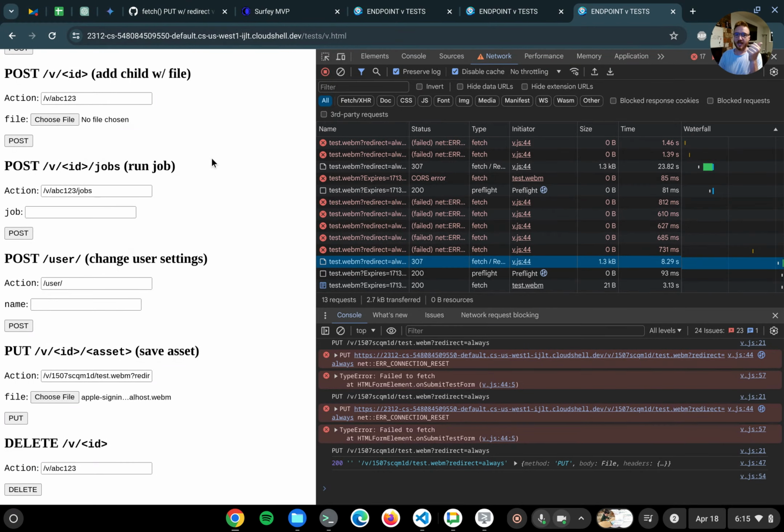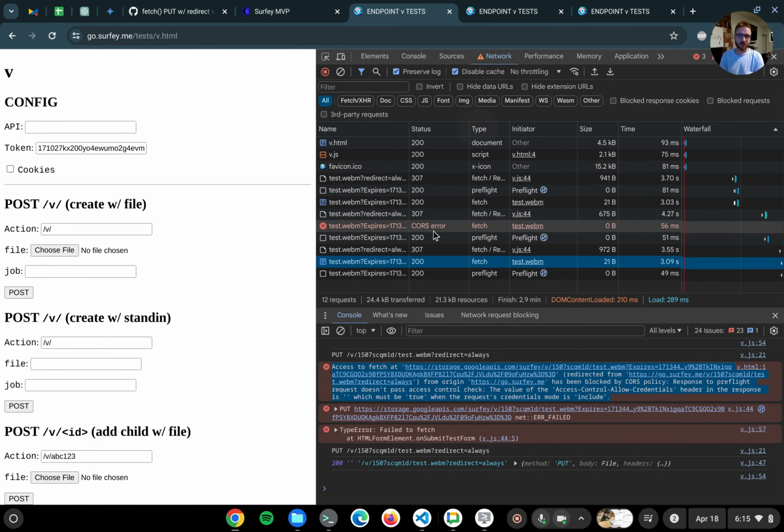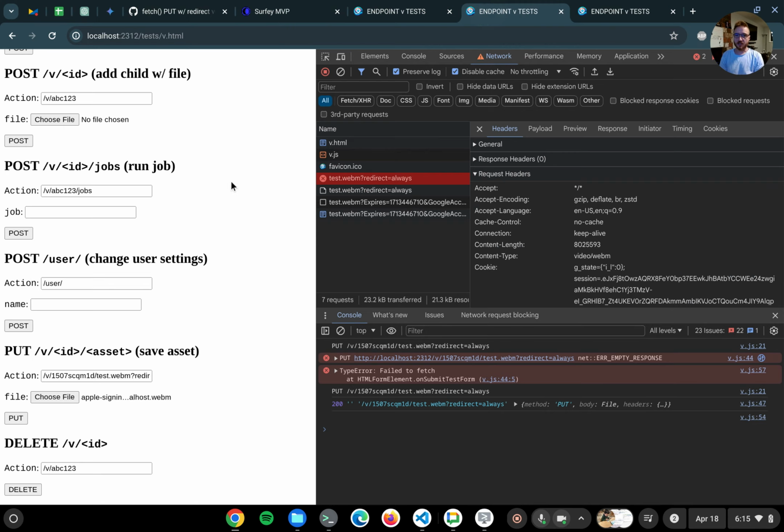But just to recap, in order for the fetch put to an endpoint that returns a redirect to work successfully, you cannot do credentials include, because then that goes to Google Storage, which we do not have control of the headers, and it doesn't have access control allow credentials set on that server. So then it causes a dreaded CORS error. And if you're on localhost,